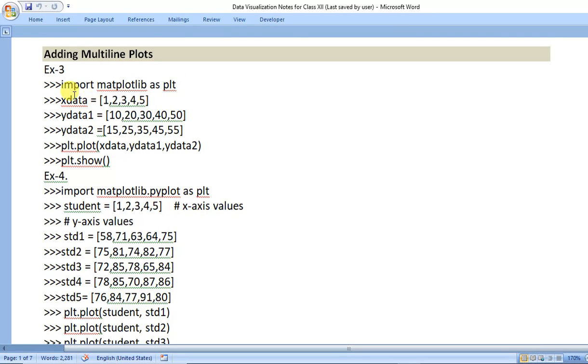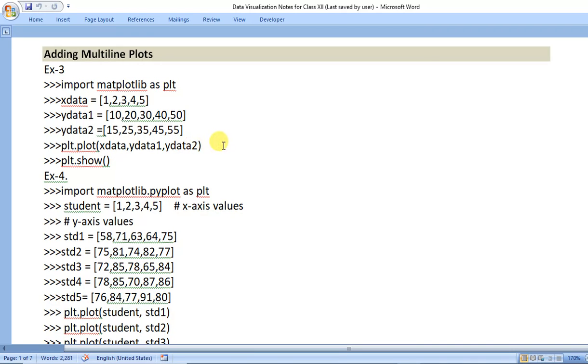Adding multiple plots: import matplotlib. So x data and y data, and y data 1 and y data 2. I have used the example of student 1's data and student 2's data, and both are scoring marks in the same test. So this is the x data, that is the test, and the student 1 data and student 2.